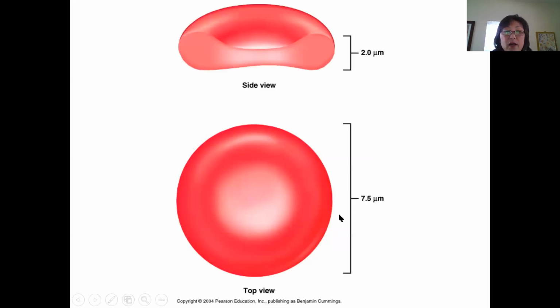Another advantage is this biconcave shape. If you think about here, say there is a hemoglobin right here that wants to bind to an oxygen. If the oxygen is on the surface of this RBC, and the hemoglobin is right here, the oxygen only needs to travel a very short distance to meet with this hemoglobin and bind together. How about if the hemoglobin is here? If it's a spherical structure,